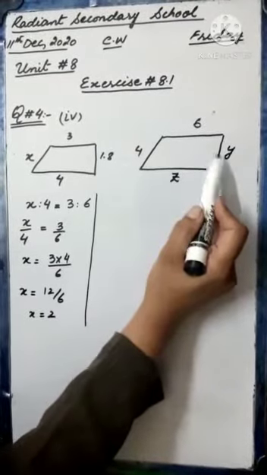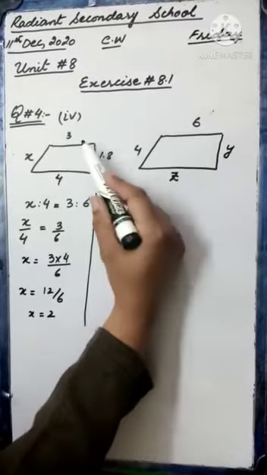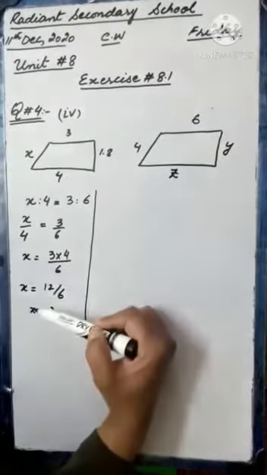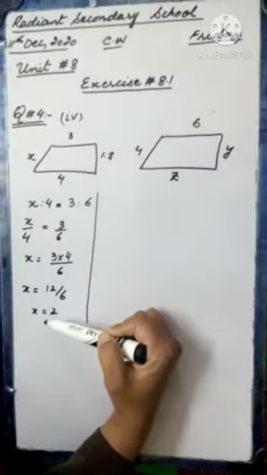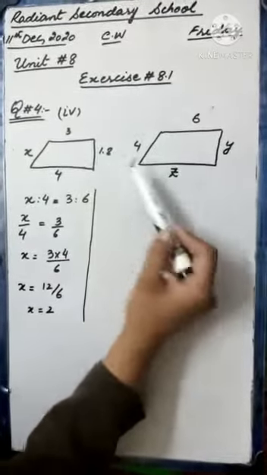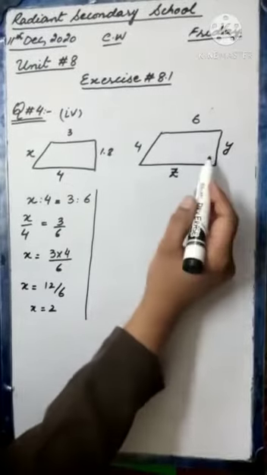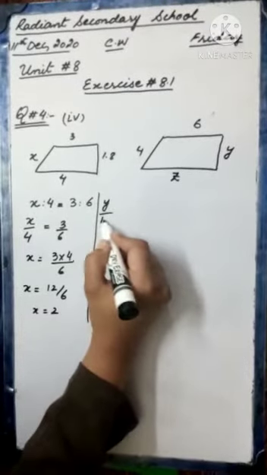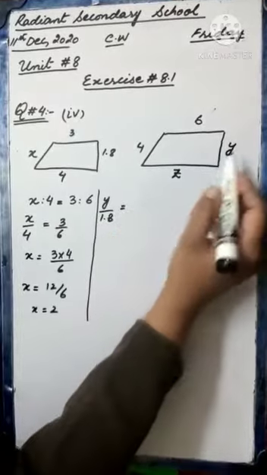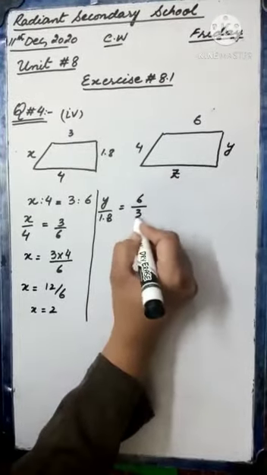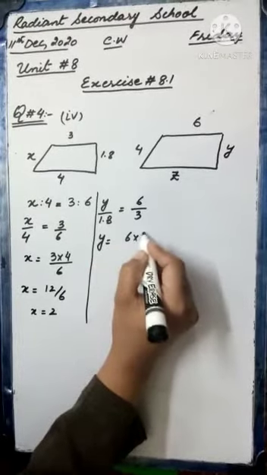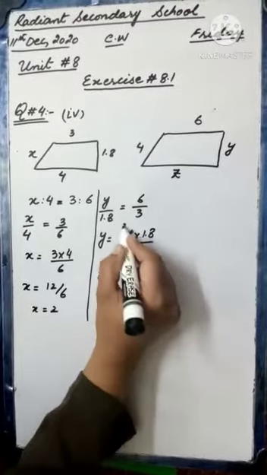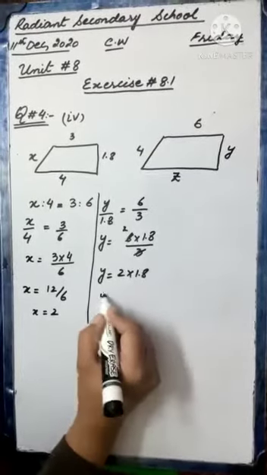So y ratio 1.8 and 6 ratio 3. Now students, we can also take help from this side, because x is given now. x is equal to 2. You can put the value of x with y when you are taking the ratio with y. Okay, now I am taking this ratio, y ratio 1.8, or you can write it like y divided by 1.8 is equal to 6 divided by 3. So y will be equal to 6 multiplied by 1.8 divided by 3, and y is equal to 3 into 2 is 6. 2 multiplied by 1.8,